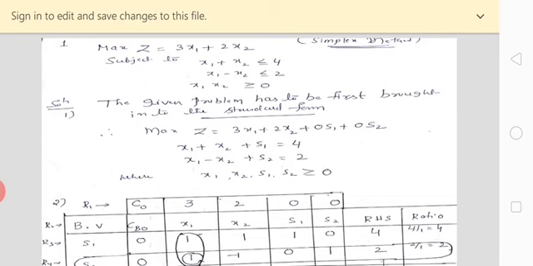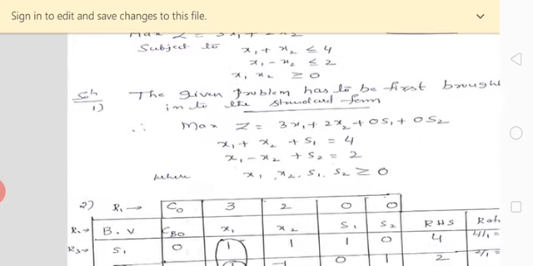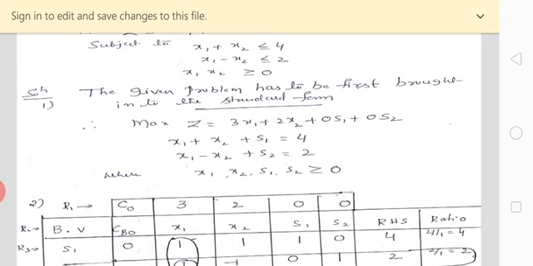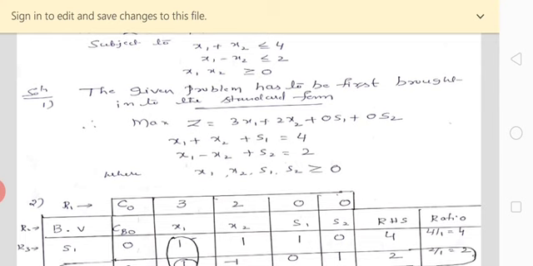And one more thing you have to remember: however many slack variables you add in the constraints, those variables you need to add to the objective function, where the coefficient of slack variables will always be considered as 0. Here it is maximization: maximum z is equal to 3x1 plus 2x2 plus 0s1 plus 0s2. Always the coefficient values will be 0. Okay, this is the second step we need to remember.